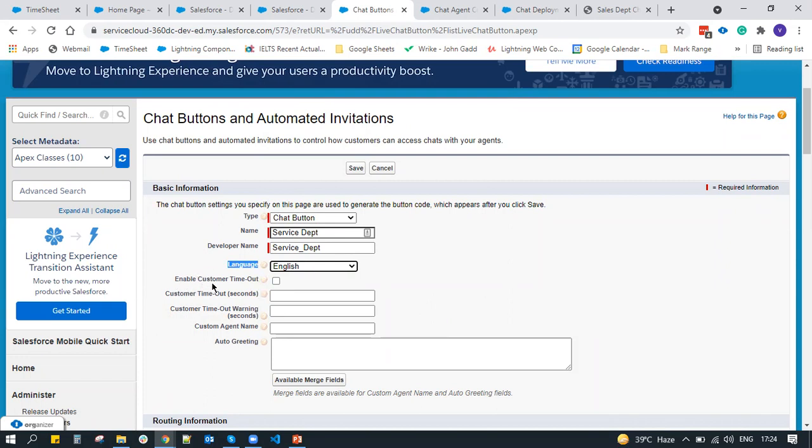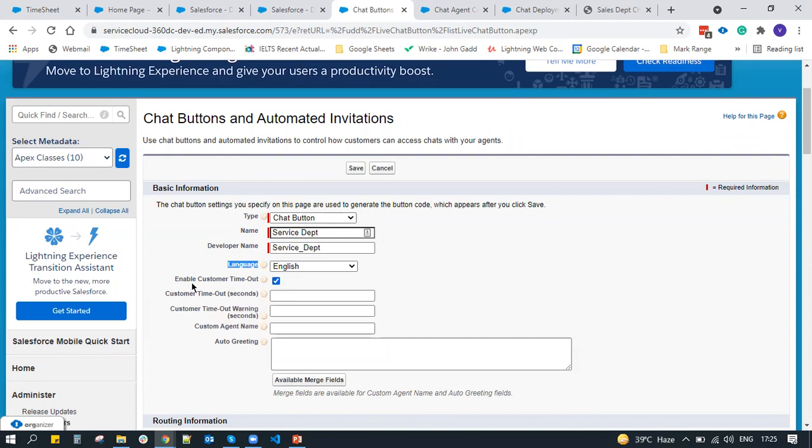After that, enable customer timeout. What is it? Enable customer timeout is something like, for example, you are chatting with a customer, and that customer is not responding for 5 minutes. So you can manage that time. If any customer doesn't respond to you in 5 minutes, then you can give them a warning, and after 6 minutes you can just suspend the chat.